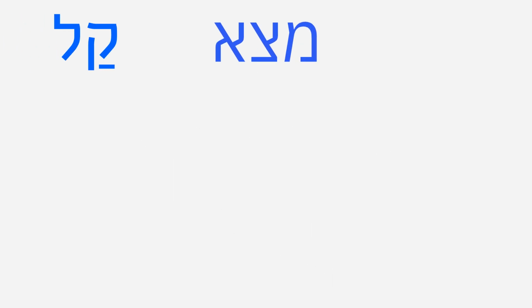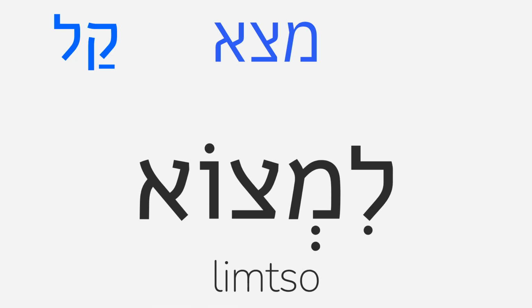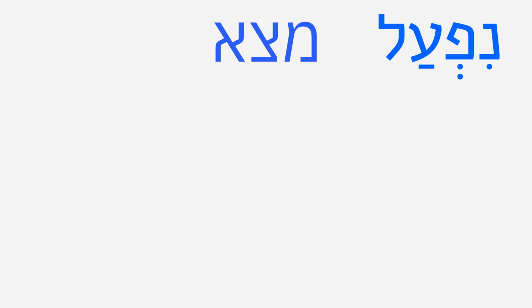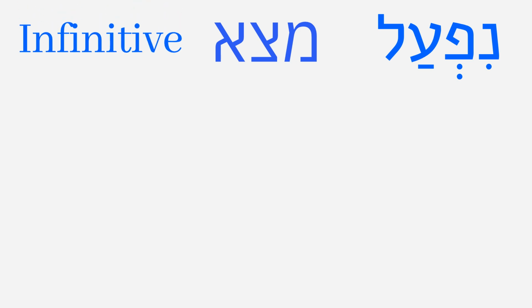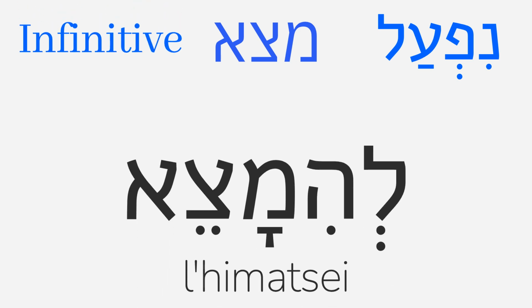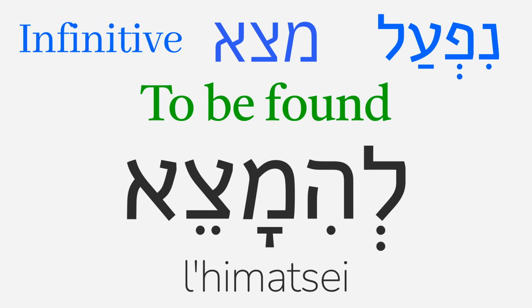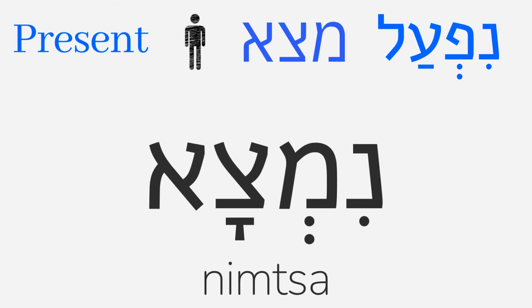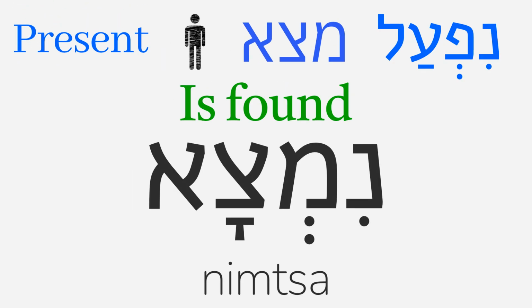In the kal, this makes the verb limtso, which means to find. That means in the nefal, this root's infinitive, lahimatse, means to be found. The masculine singular form of the present tense nimtsa then means is found, which is a way to say is